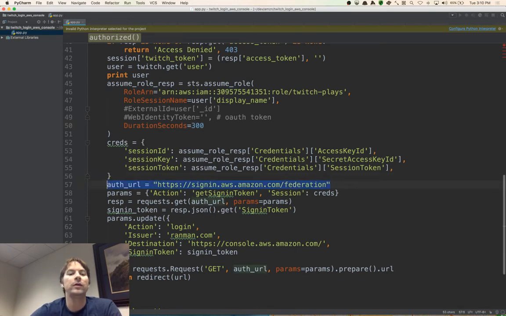But then we create a new auth URL, which is going to be signin.aws.amazon.com/federation. We'll create some parameters, which are just going to be a question mark, get sign in token, and then session is going to be the credentials. And then we'll make a GET request. That GET request is going to give us our sign in token. And then we use that sign in token to create yet another